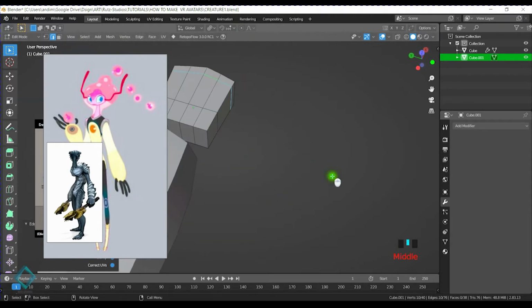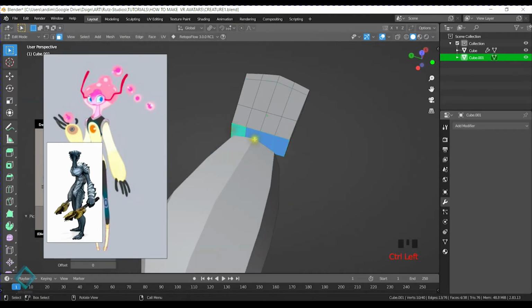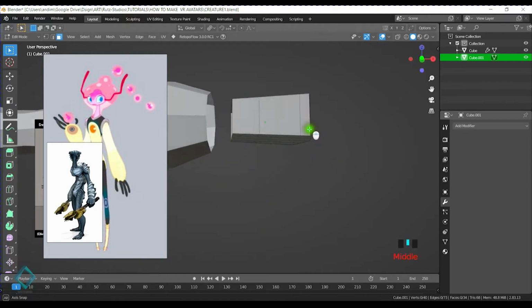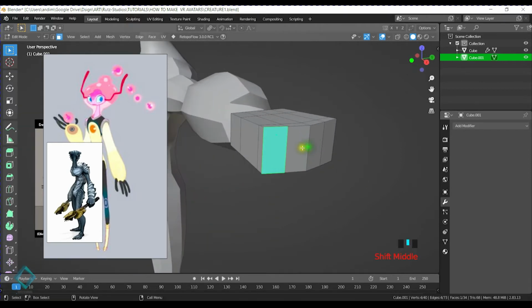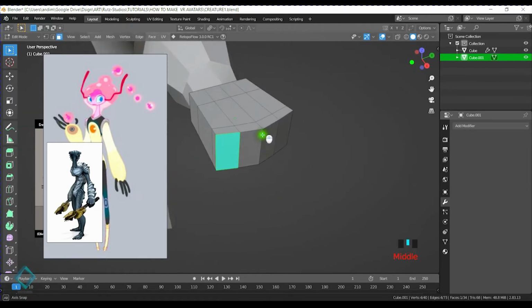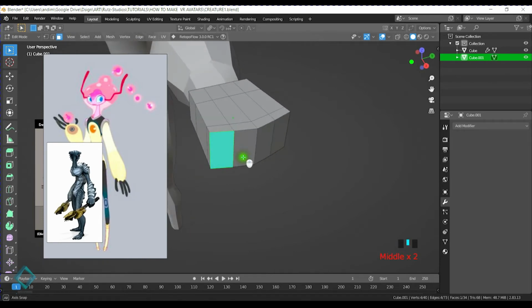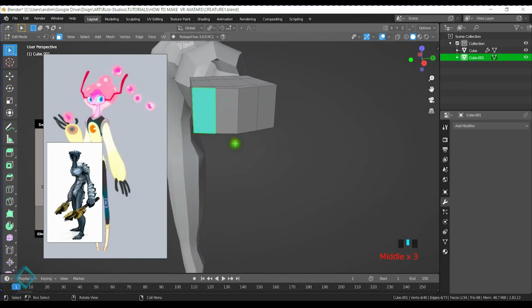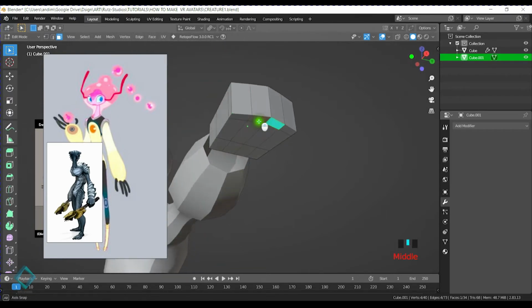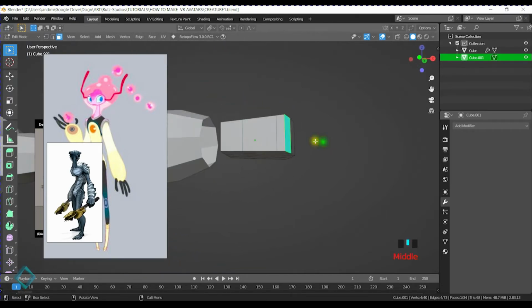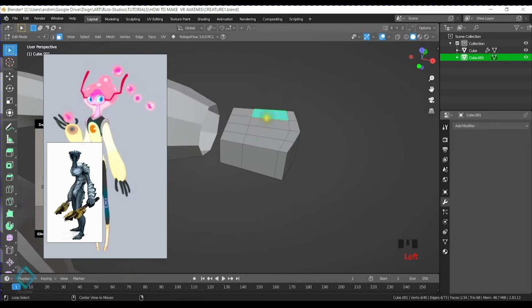Perfect. Now on face mode, we're gonna grab these, delete those, and what we're gonna do on this side is we're gonna grab this,